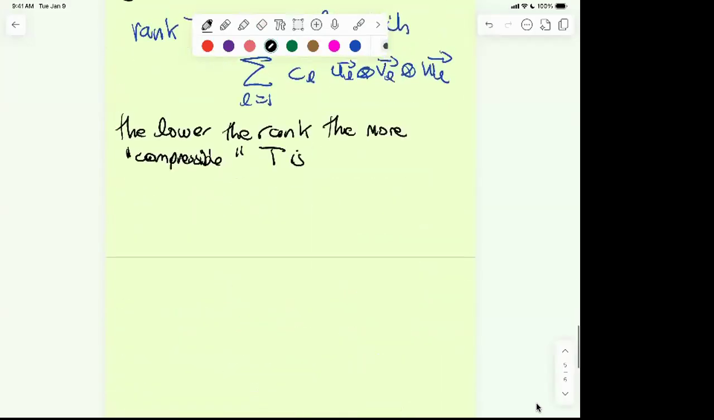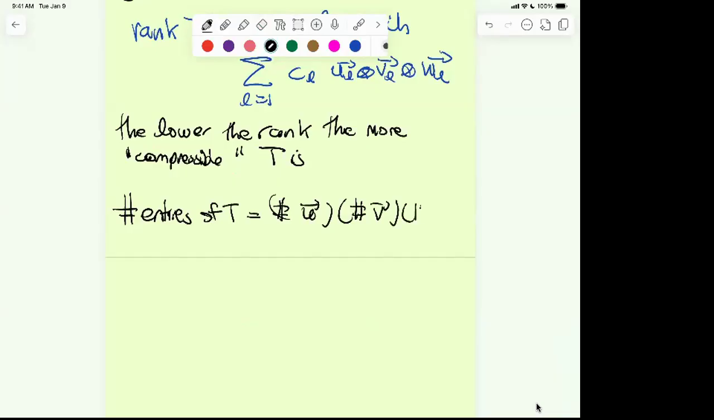what is the number of entries of the tensor T? They multiply, right? So it's the number of entries of U times the number of entries of V times the number of entries of W, because you do all the possible multiplications. So the idea is,